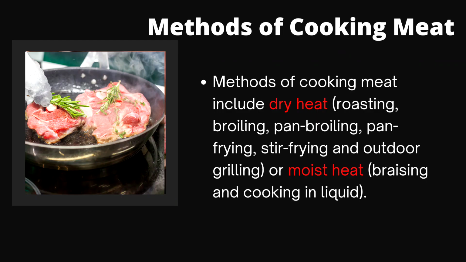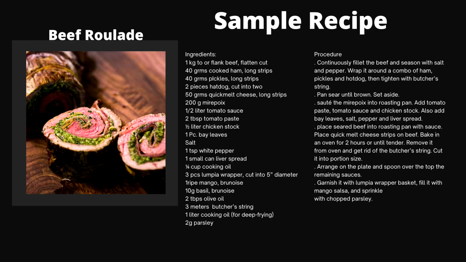Methods of cooking meat. Methods of cooking meat include dry heat and moist heat. Dry heat includes roasting, broiling, pan frying, stir frying, and outdoor grilling, while moist heat includes braising and cooking in liquid. We have here a sample recipe, which is the beef roulade. Here are the ingredients and the procedures. You may screenshot it or follow the procedures in your